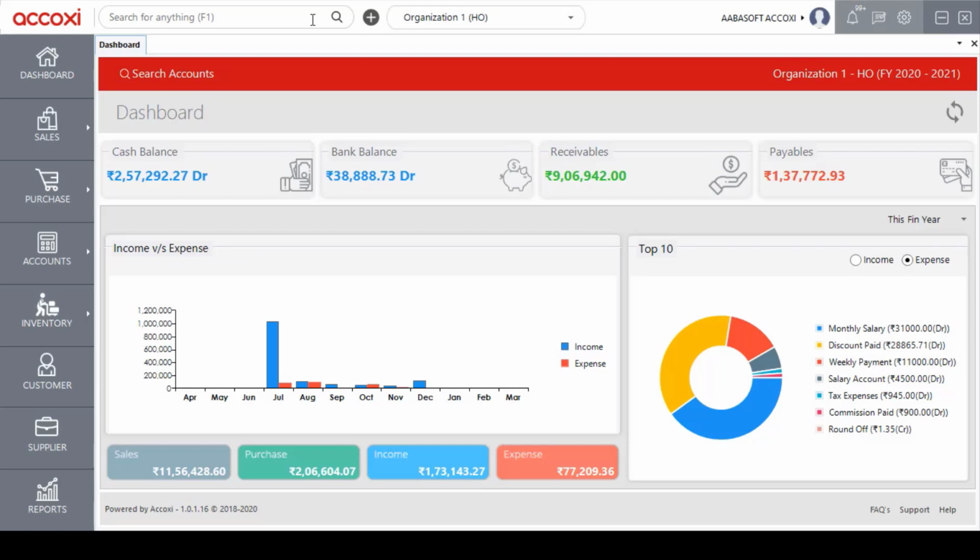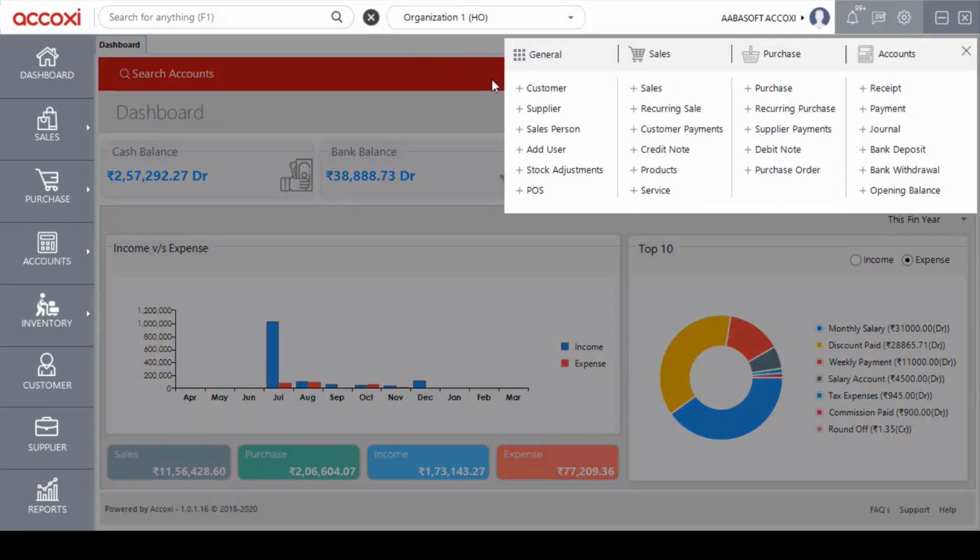Next to the quick search option is the add new menu. With the add new menu, the user can easily and quickly add a new item without navigating through menus. This plus icon indicates the add new menu, and it includes almost all the forms in Ecoxy.